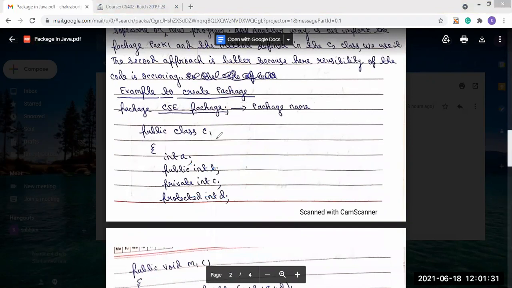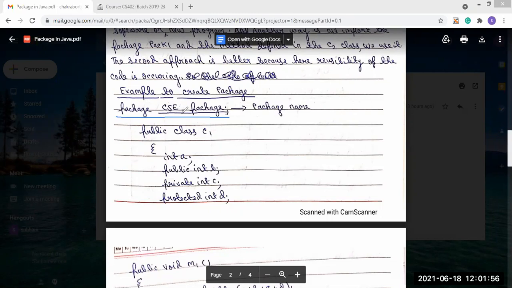So how can it be done? Let's say I want a package created. For that, the package keyword has to be used first. So you see the package keyword I have used. And after the package keyword, you give the name of the package. Here I have used CSC_package.